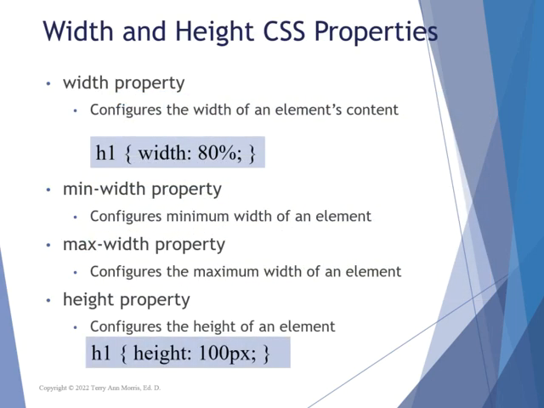Width and height properties. The width property is used to configure the width of an element's content. For the H1 instance, we have given the width 80%. Min width property is used to configure minimum width of an element. Max width property is used to configure the maximum width of an element, whereas the height property is used to configure the height of an element, such as for H1, we have given 100 pixels to the